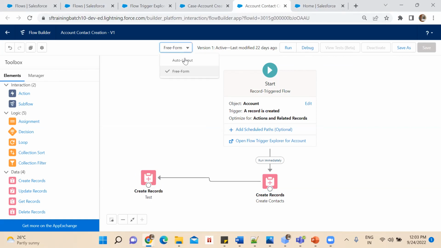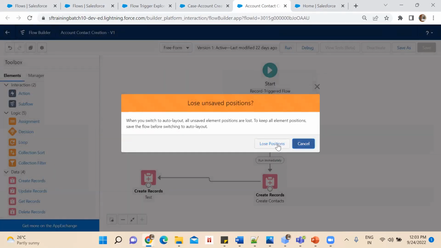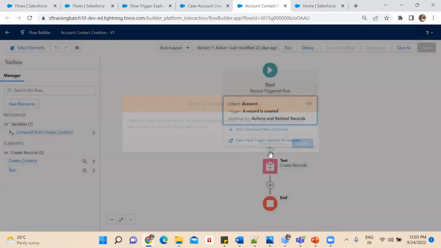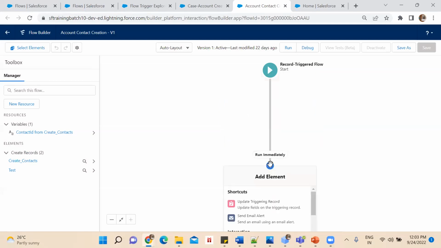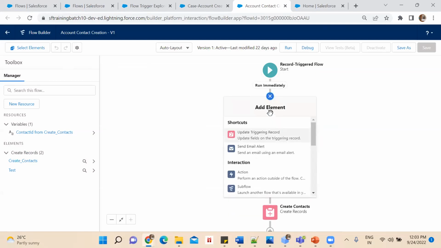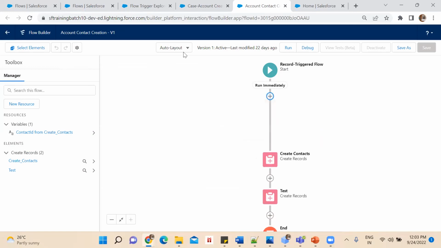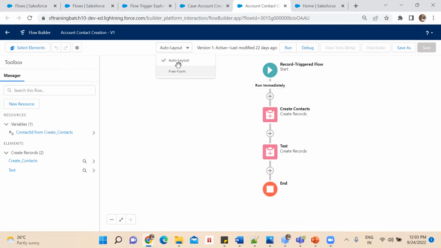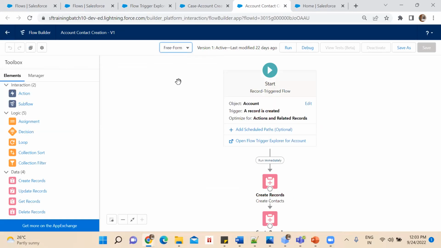In auto layout there is a plus sign that works like a connector. That plus sign is available in auto layout, but it is not available in freeform. You have to drag and drop the connectors. Is it clear? Okay, yes, sir.